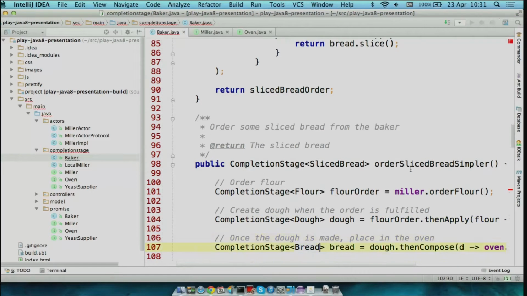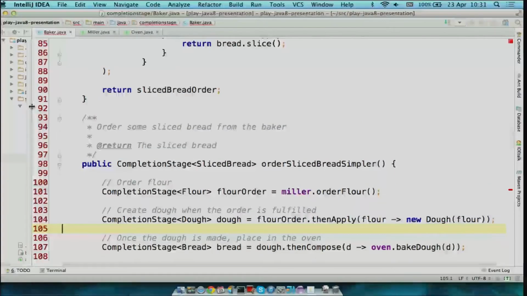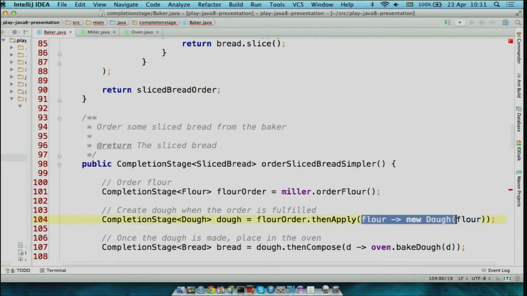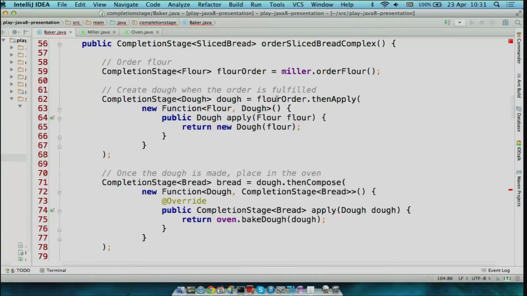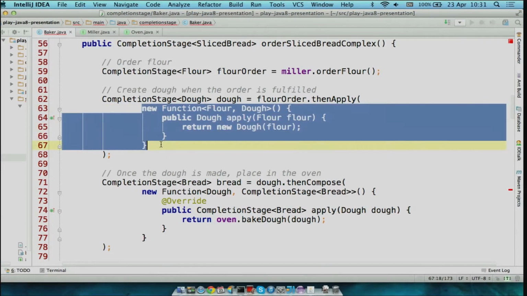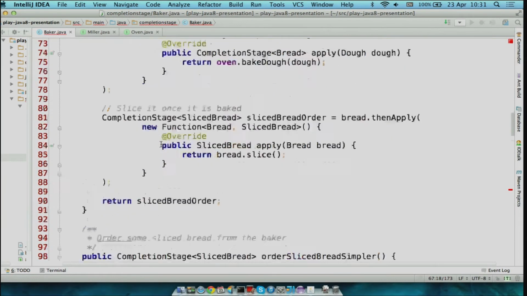Here we've got our promise for flour, and then I'll move this across. When we want to make our dough, we pass in this lambda here. And this lambda translates to something that's pretty much the same as this function anonymous inner class here.